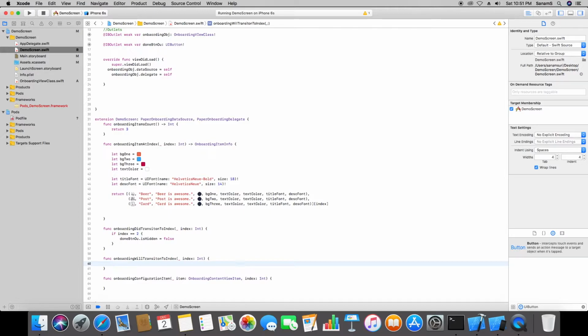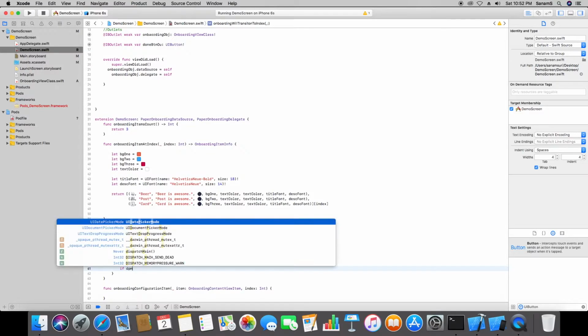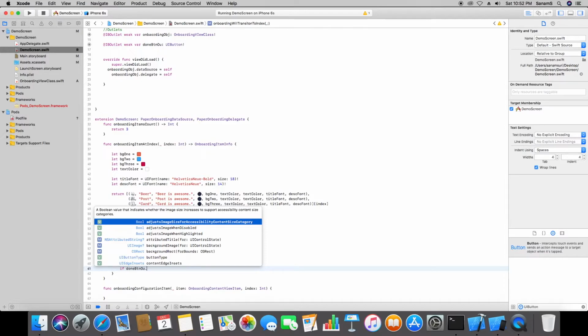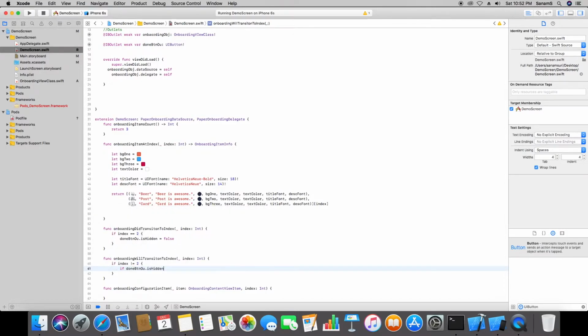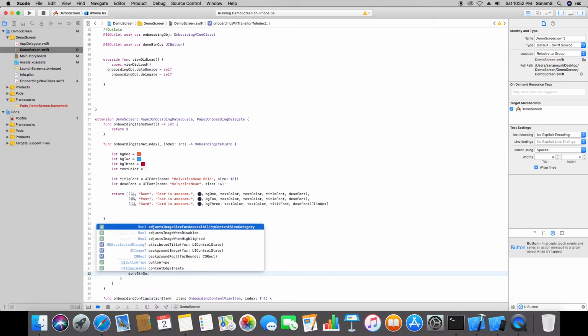So let's do that. Let's say if index is not equal to 2, right? If it's 0 or 1, and then also we will check that if done button outlet isHidden is equal to false. So if we are not on the last screen, and if it is already not hidden, then we will hide it, right? So done button outlet isHidden